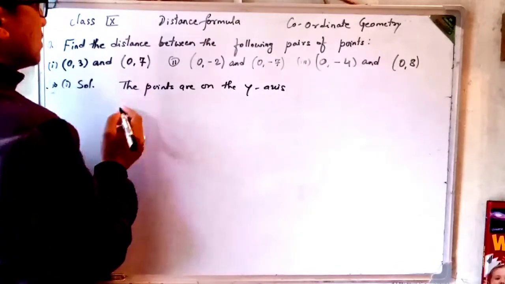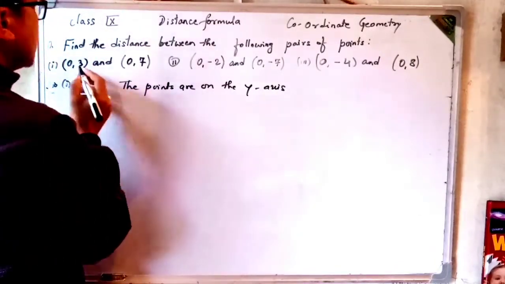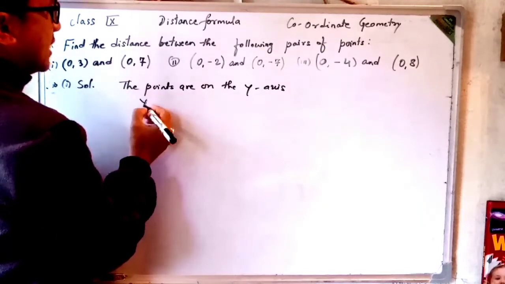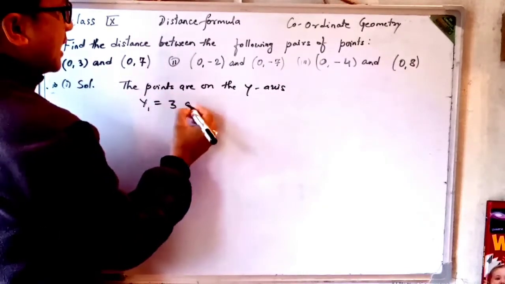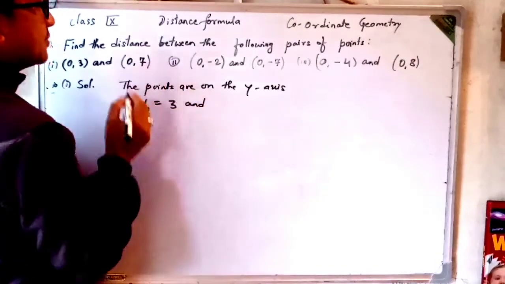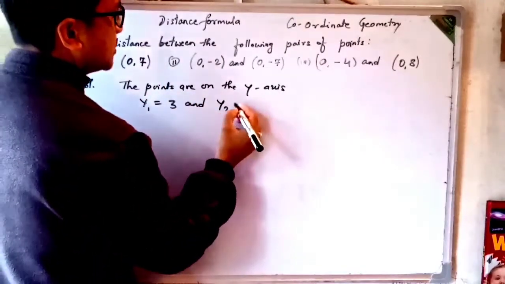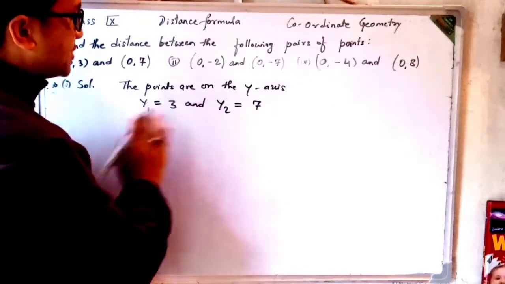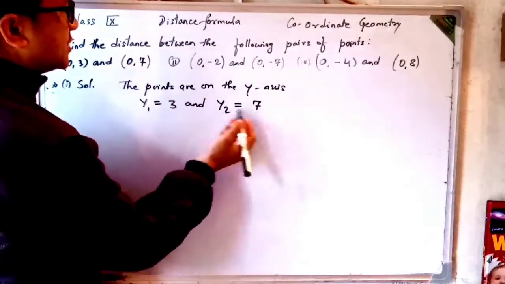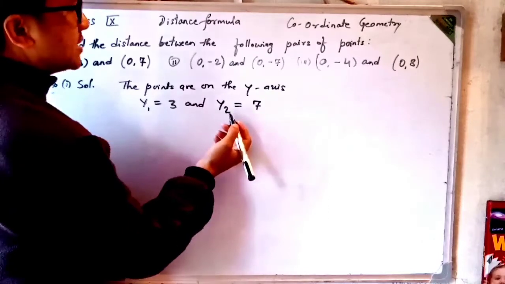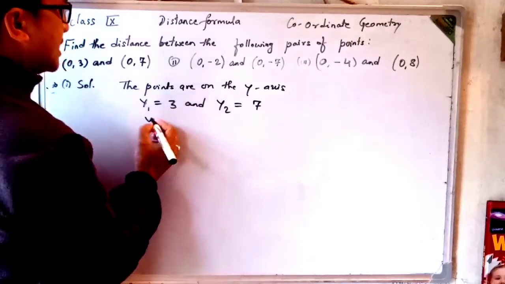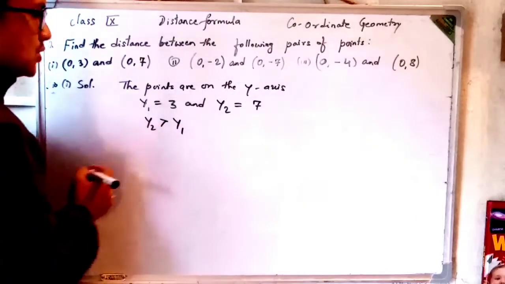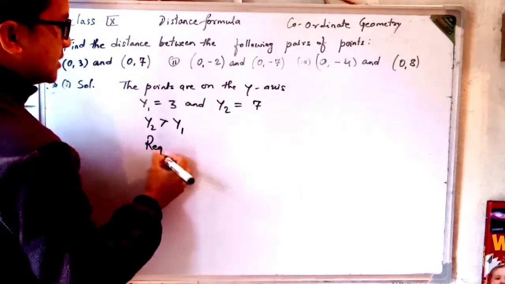And the second thing we have to do is, let us consider this point as y1. Your y1 equals 3, and consider this point as y2. y2 equals 7. After doing this, we have to see which one is greater. Here y2 is 7 and y1 is 3. That means y2 is greater than y1. So required distance